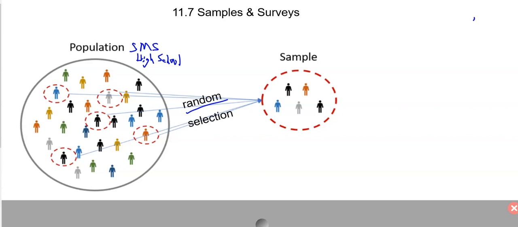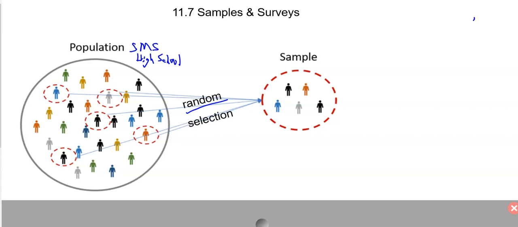One way of doing that would be to put your name in a hat. All 250 names or so are put in a hat, we randomly select 30 of the students, and we ask them the question. That'd be one way. There'd be other ways of doing it. We could stratify first. We could break them into groups by some means, like maybe by grade level: 9th, 10th, 11th, and 12th. Maybe we randomly select 10 9th graders, 10 10th graders, and so forth.